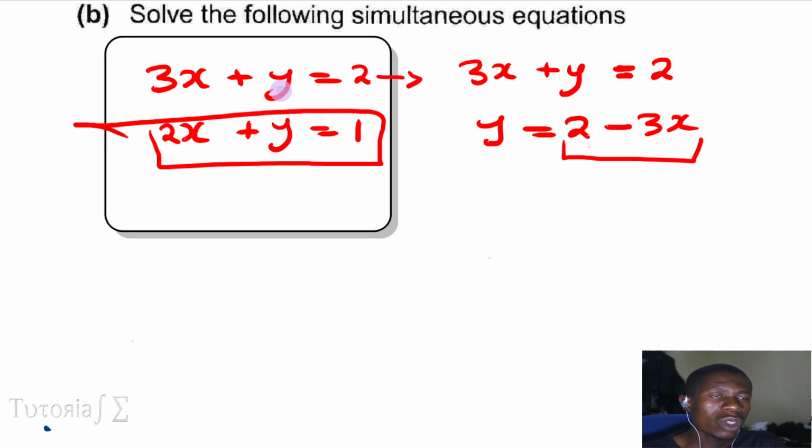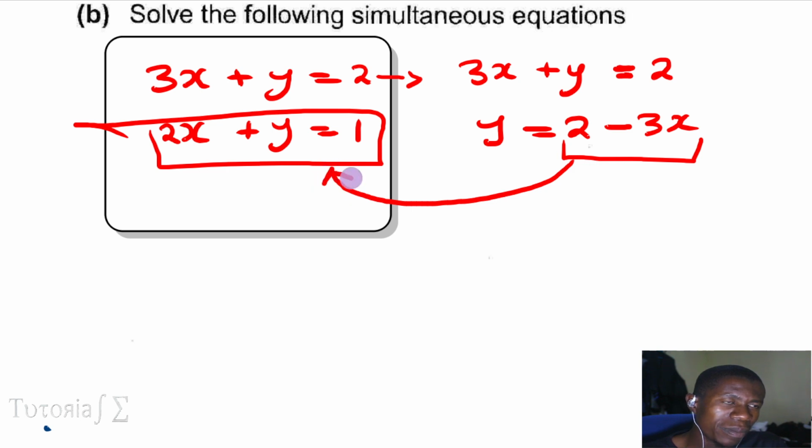You see that, right? So the first step is we got the top equation, we made y subject of a formula. If we wanted, we could have made x subject of a formula. It would still give the same answer, but we've made y subject of a formula so that it is easier, because the coefficient there is 1. So we see which one is easier for us to make subject of a formula. We can make x subject of a formula, or we can make y subject of a formula. So here we've made y subject of a formula, and we're going to replace where there is y in this